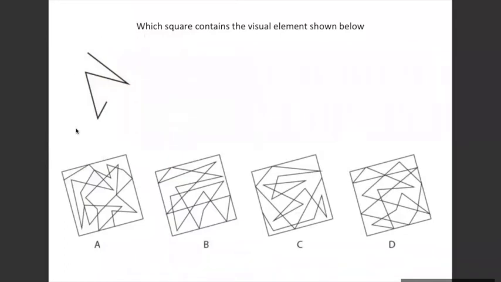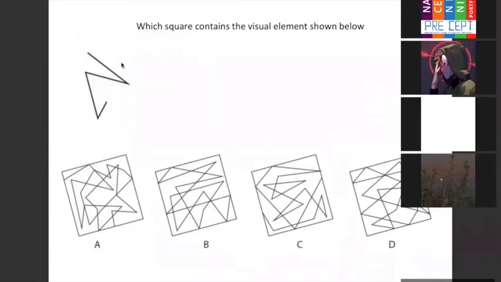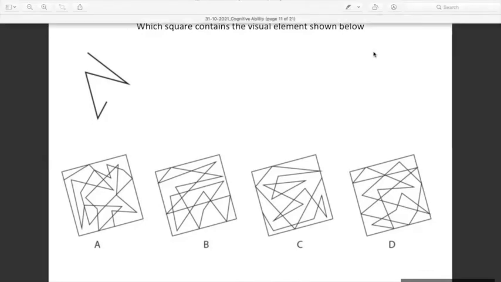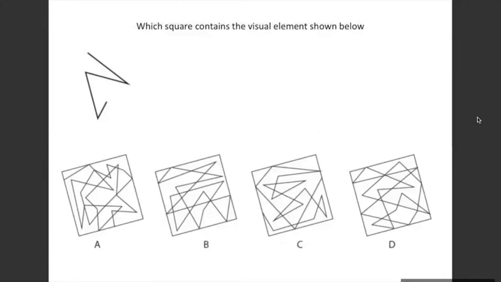You're given some kind of graphic here, which is one part of a graphic. What you have to do is find where this graphic is present in the 4 options which are given here. A, B. Okay, then B. Okay, B.